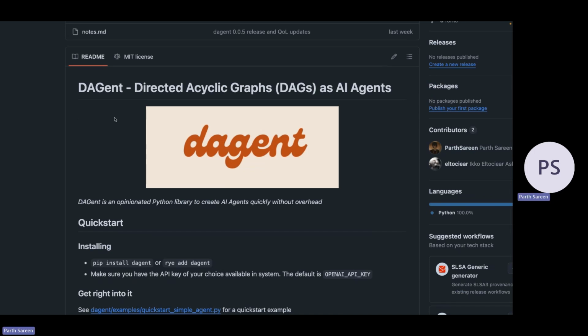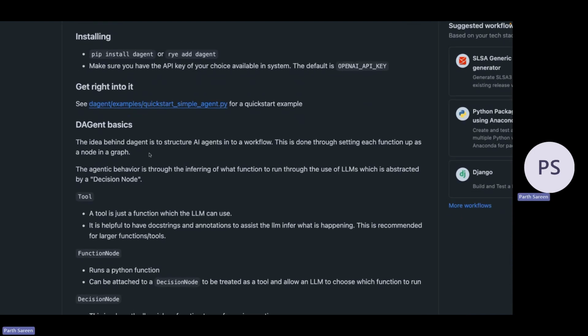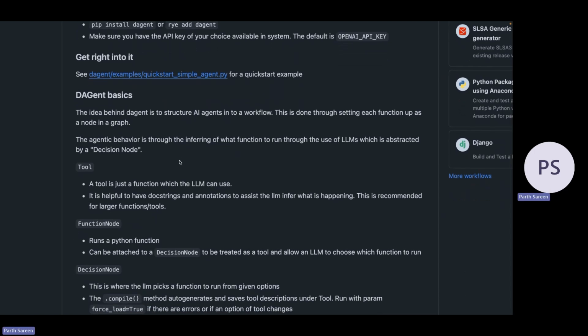What that means is that you have a bunch of nodes or steps which are connected, and these steps execute depending on the decisions made by the LLM. Again, the idea is to structure agents into a workflow, and the agentic behavior here is when the LLM is picking what to run next.